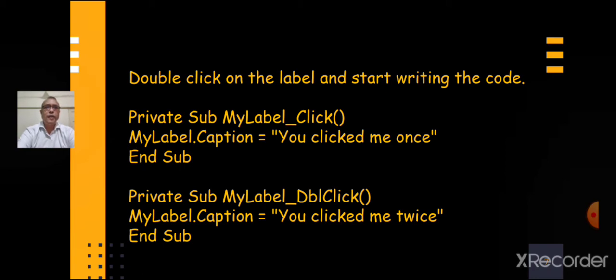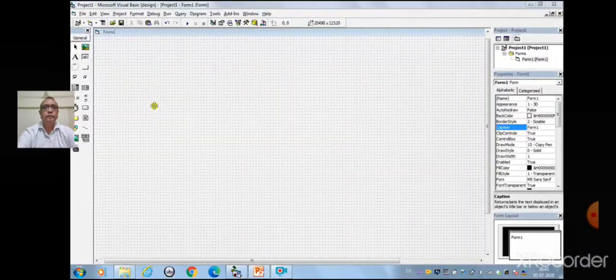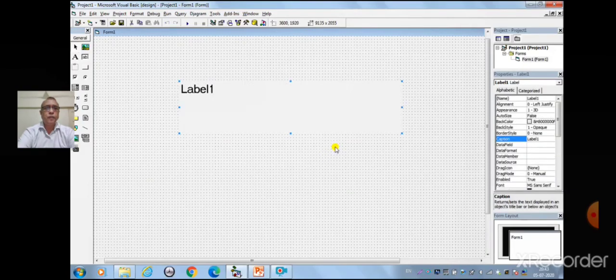Now we will see how this program is executed practically. Insert the label. From the name, you change the label to My Label. From the caption, you change it to Click Me.